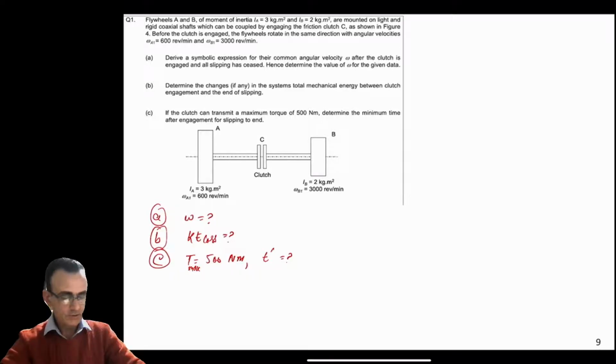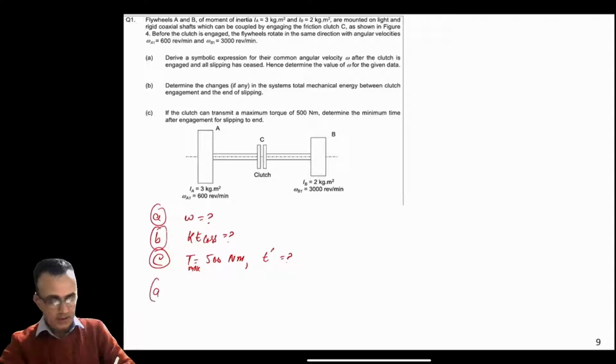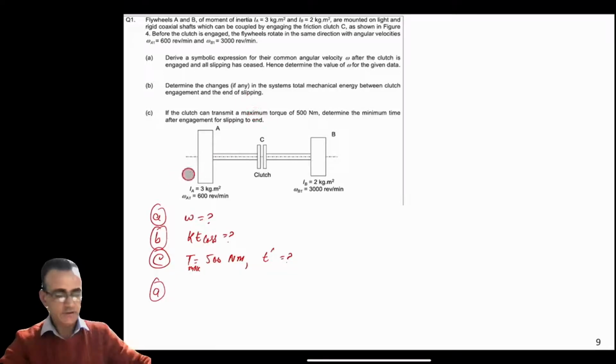Okay, so to solve this problem in part A, we will use the law of conservation of momentum here. So L1 is equal to L2. So L1 is IA omega A1 plus IB omega B1, and this is equal to